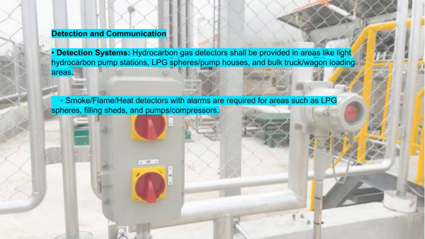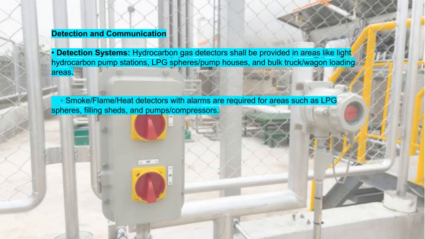Additionally, for areas such as LPG spheres, filling sheds, and around pumps or compressors, we need to have smoke, flame, or heat detectors with alarms. These sensors are vital because they can quickly alert us to fires or overheating, giving us the chance to respond swiftly and minimize risks. Overall, these detection systems are essential for maintaining a safe environment and ensuring effective communication in case of an emergency. They form the first line of defense, helping us detect issues early and alert the right